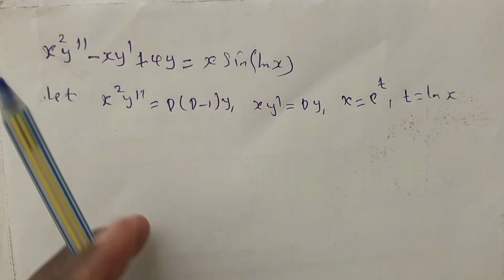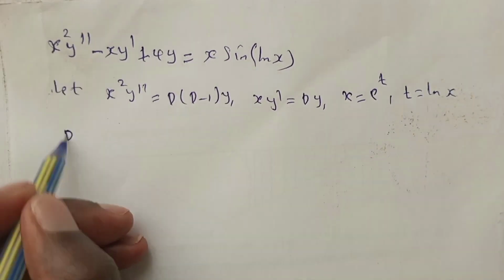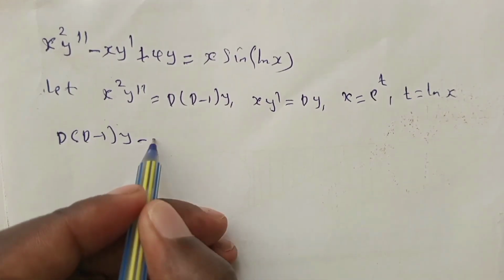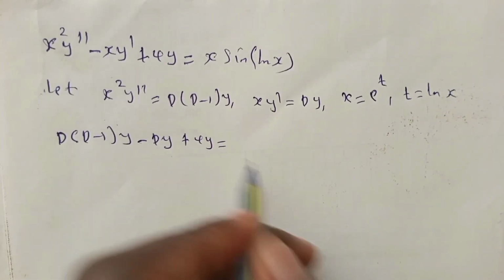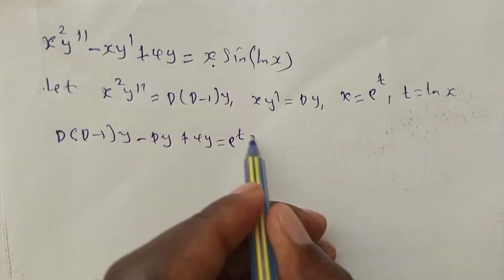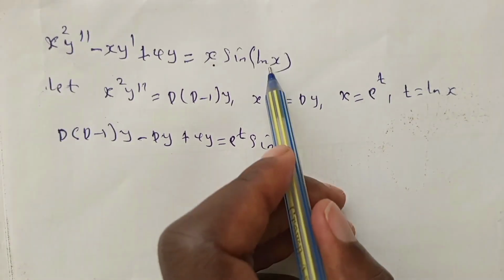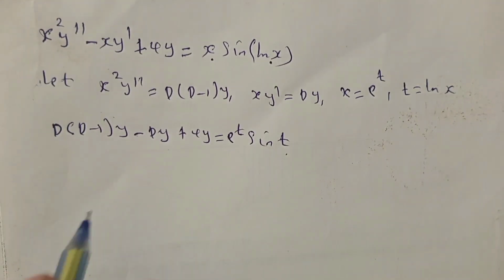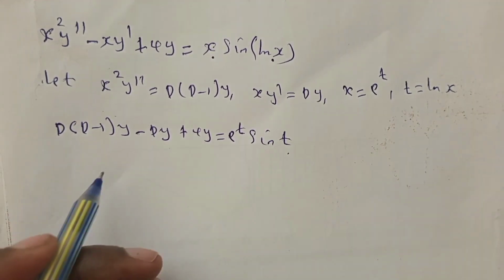So we are going to do this substitution in the given ODE so that it reduces to D into bracket D minus 1 y minus Dy plus 4y is equal to, instead of x, we write exponential t sine of t, since natural logarithm of x is t. Now this ODE is non-homogeneous, and we have made it to have constant coefficients, and it has